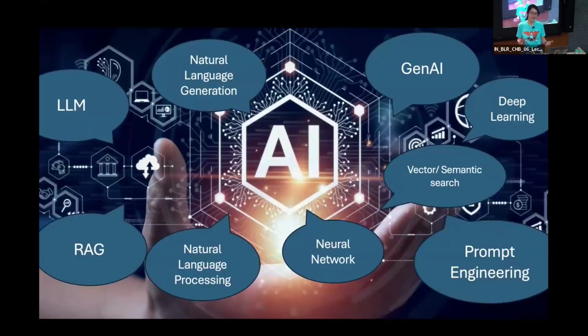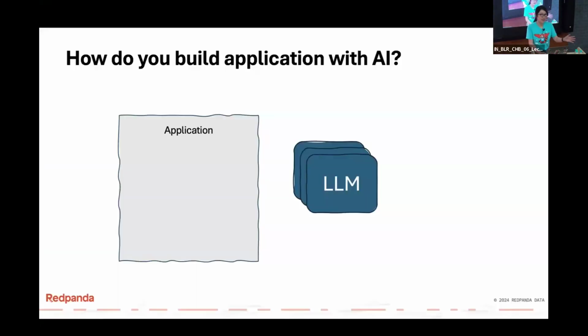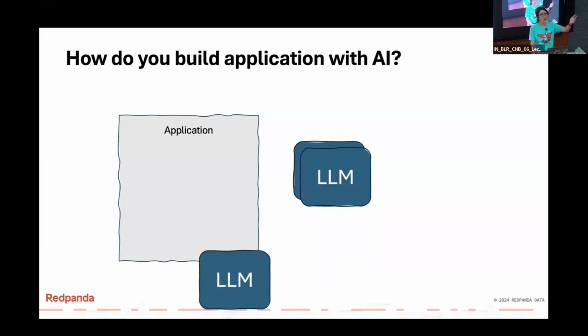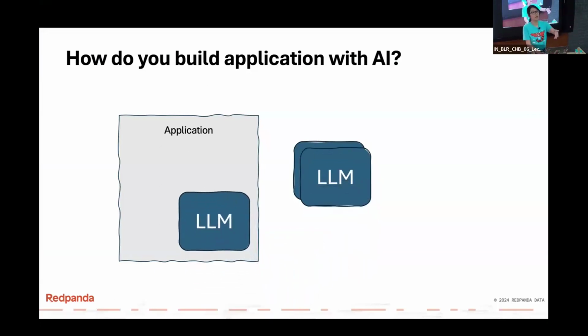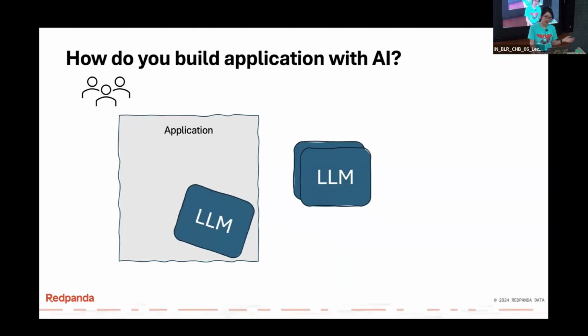The focus of today is about AI, right? You've heard all these buzzwords about AI, but what is AI basically? Well, if you're running today's generative AI applications, what do you do? You write the applications, and then you add an LLM into your applications, or you make an API call back to your LLMs. Basically, that's it, right? Your user will ask questions, you put them into your LLM with some prompt, and then the LLM processes it and gives the result back to your users. This is basically how you write